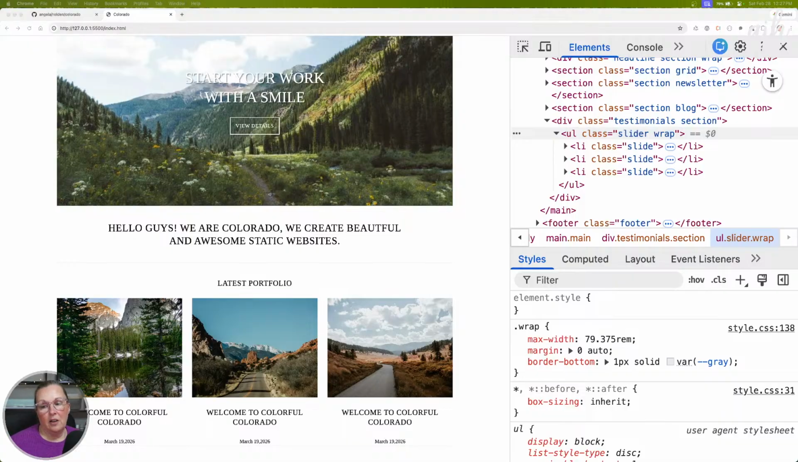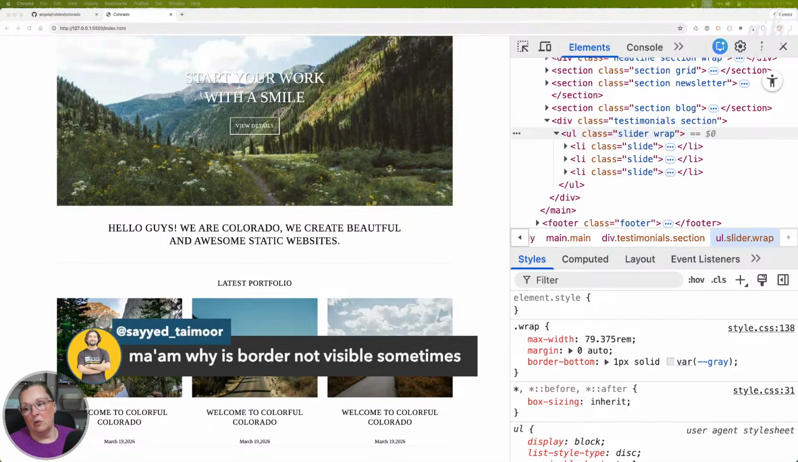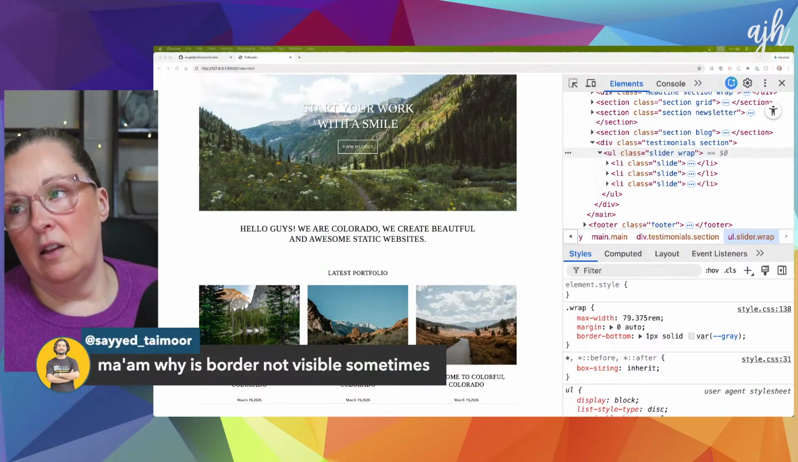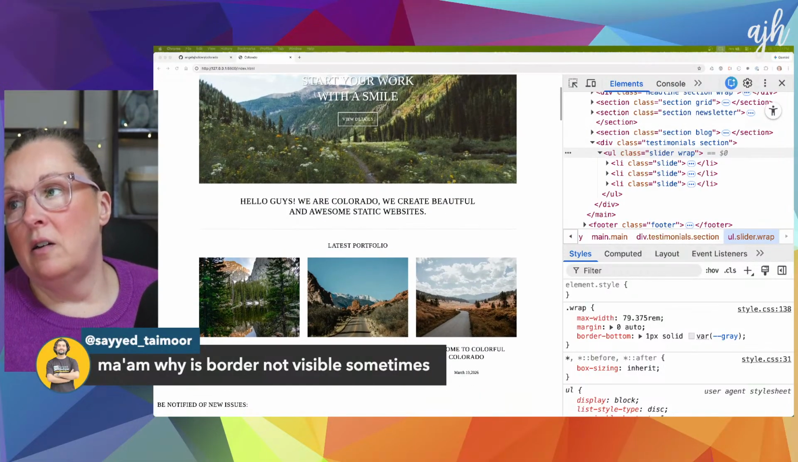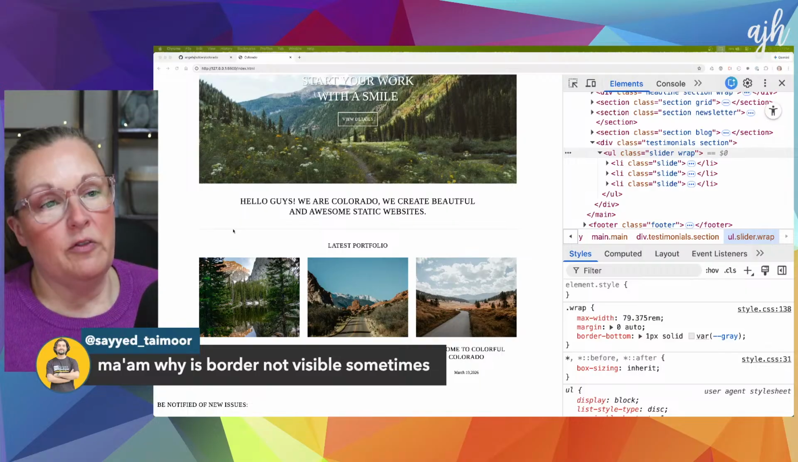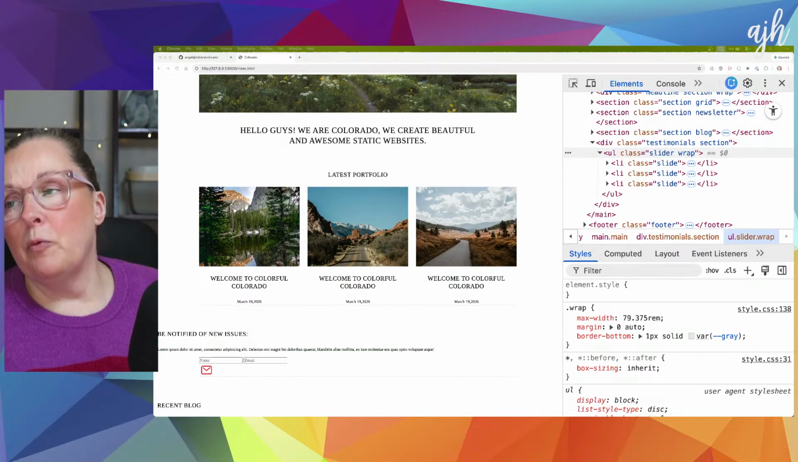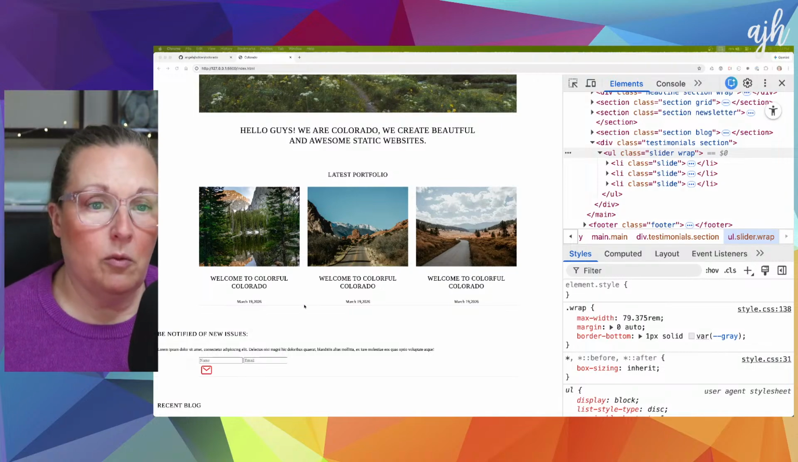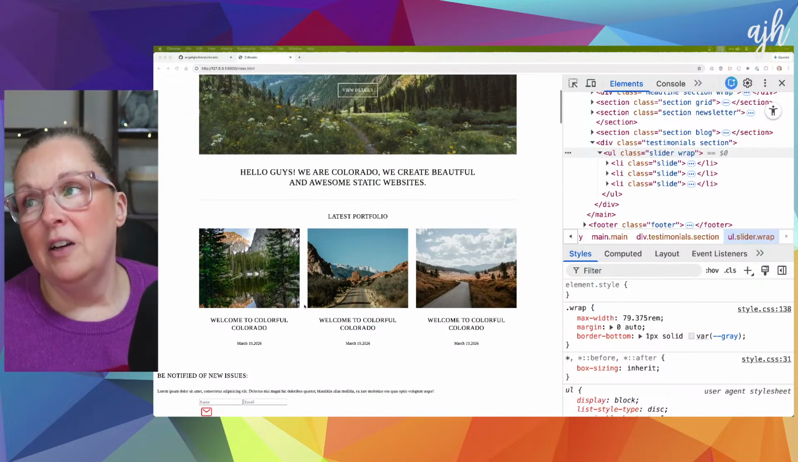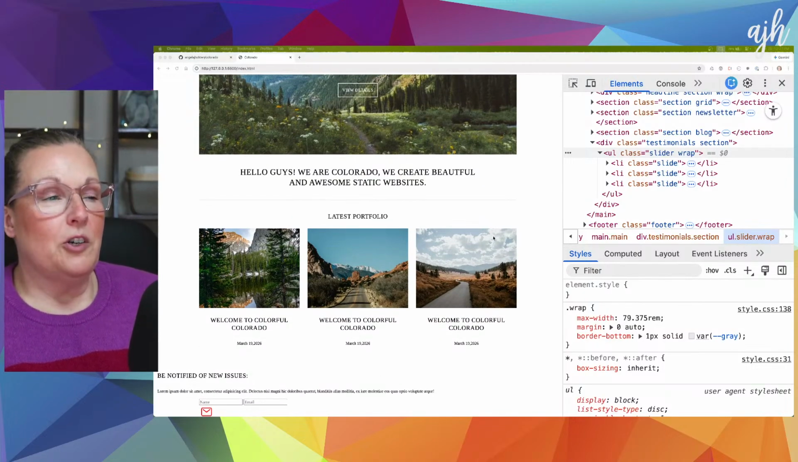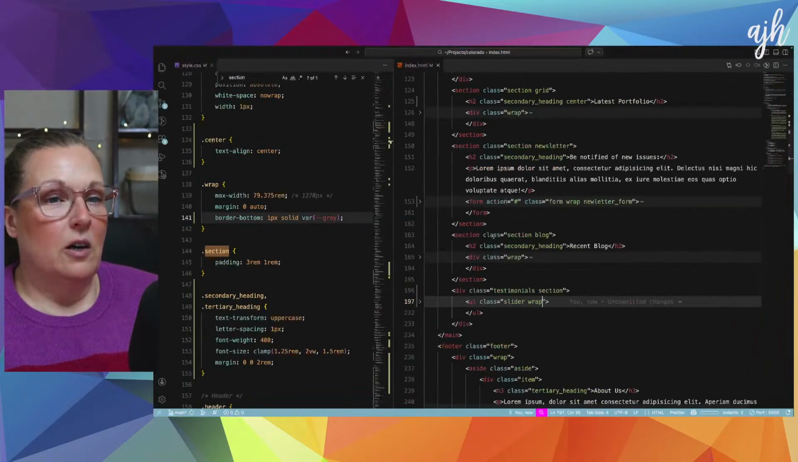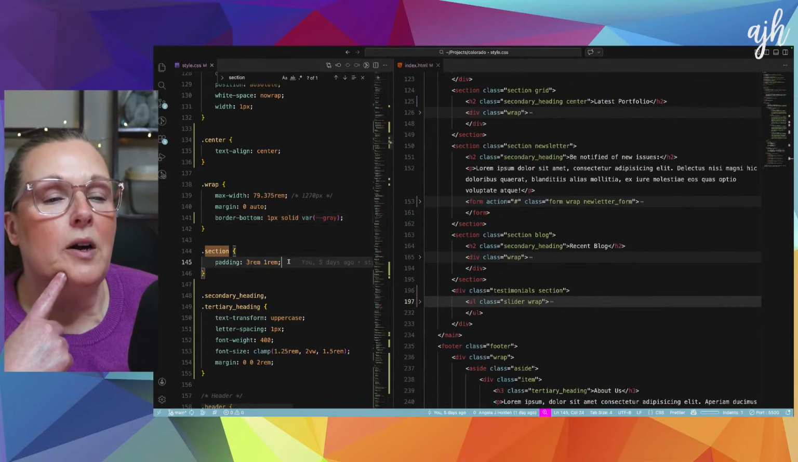And so Saeed is asking, why is the border not visible sometimes? I think that you can't see it. Yeah, I can barely see it. It's very faint. It's very light. It doesn't come through well on the streaming software, although I think you can see it here. Can you see it here? Also, it's not coming through sometimes because it's not working very well. My plan for how to apply this border didn't work. So I really want to apply it to the sections, but